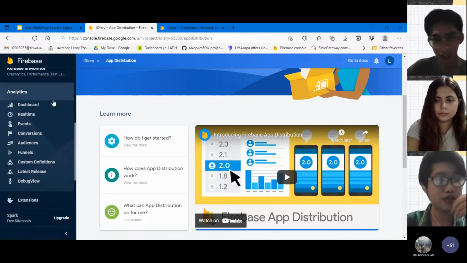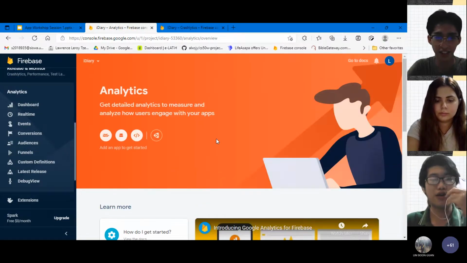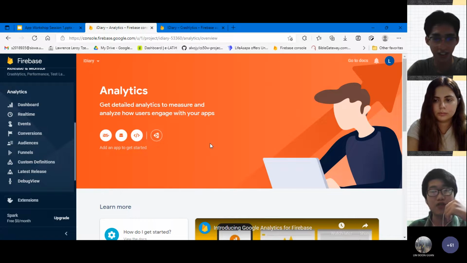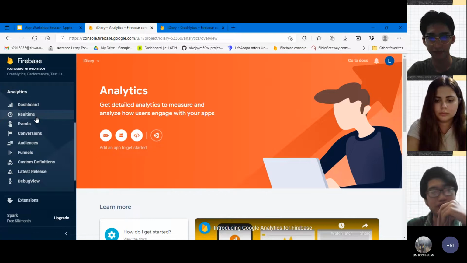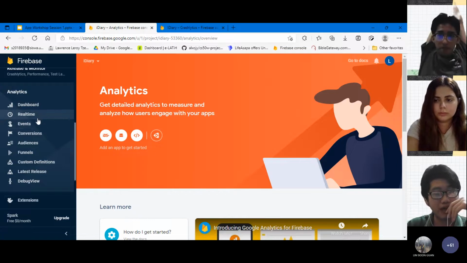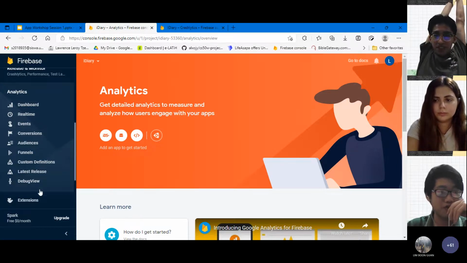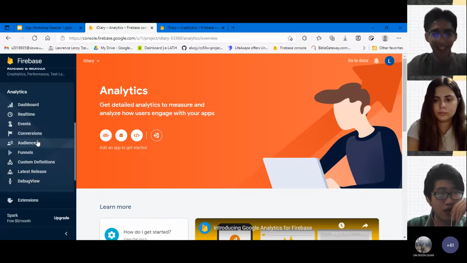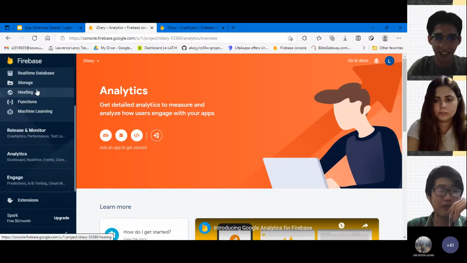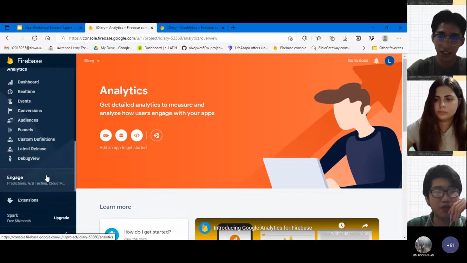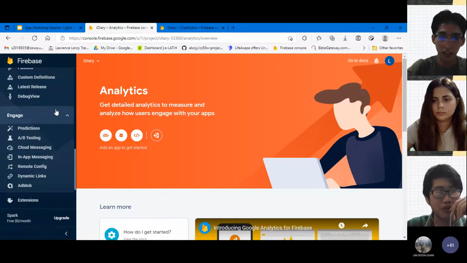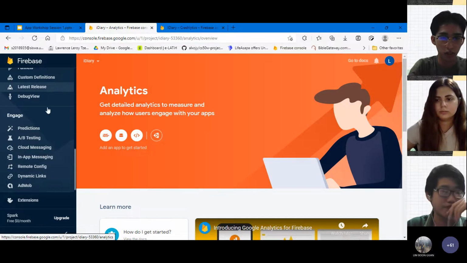Next, analytics. So in analytics, it's more about after you release, and you have your statistics for your app, so that you want to know how well your app is doing out there. There are many parts here, so I won't go through each of them. I just want to mention audiences, so you can see which kind of people like your app, which kind of people don't. But basically, in short, analytics is when you want to see how good your ads are doing. You can see your latest release even.